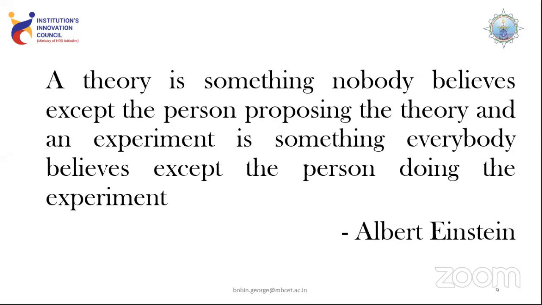So, as Einstein put it, this is one of his famous quotes. A theory is something that nobody else believes except the person who proposes it, and an experiment is something that everyone else believes, but not the person doing the experiment. The basic logic behind that is that you can manipulate experiments. That is one of the fundamental problems with experiments. Suppose you set a certain initial condition in that experiment, you will get the output based on that only, and that experiment will fail in a generalized condition. Coming to theory, the reverse also holds true. So in that condition, looking into every physical phenomenon,